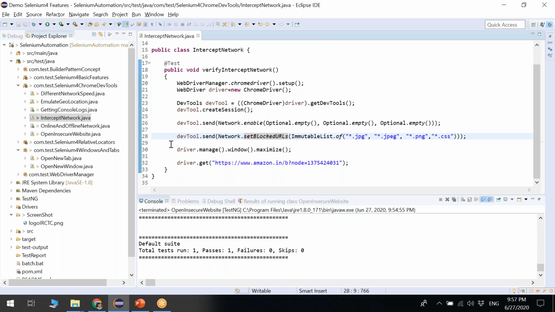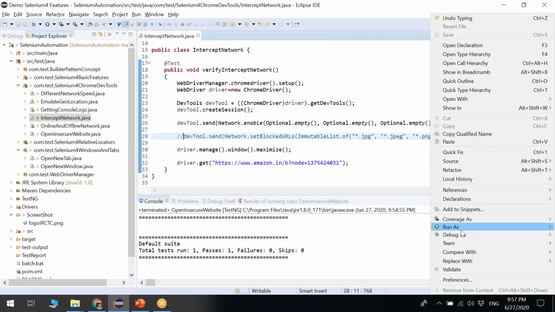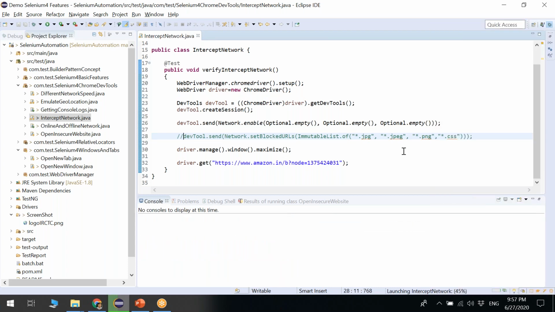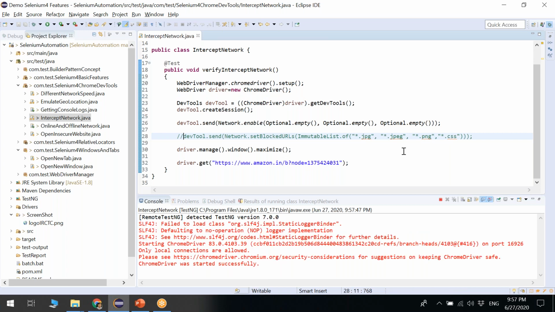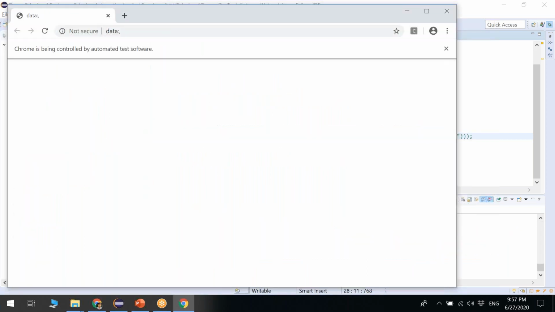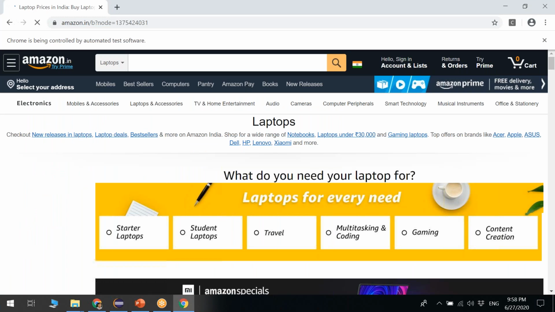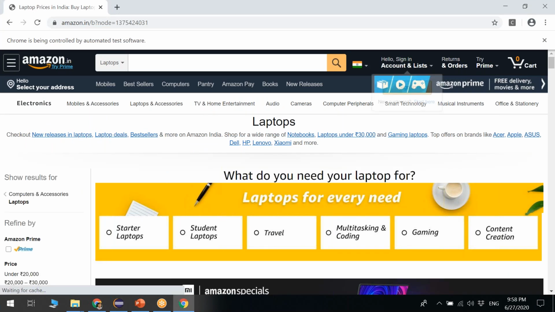First I'll comment this line out and execute, and you will see nothing will happen. This is without blocking the URLs. The web page is opening, and I am loading the laptops category of the Amazon portal.